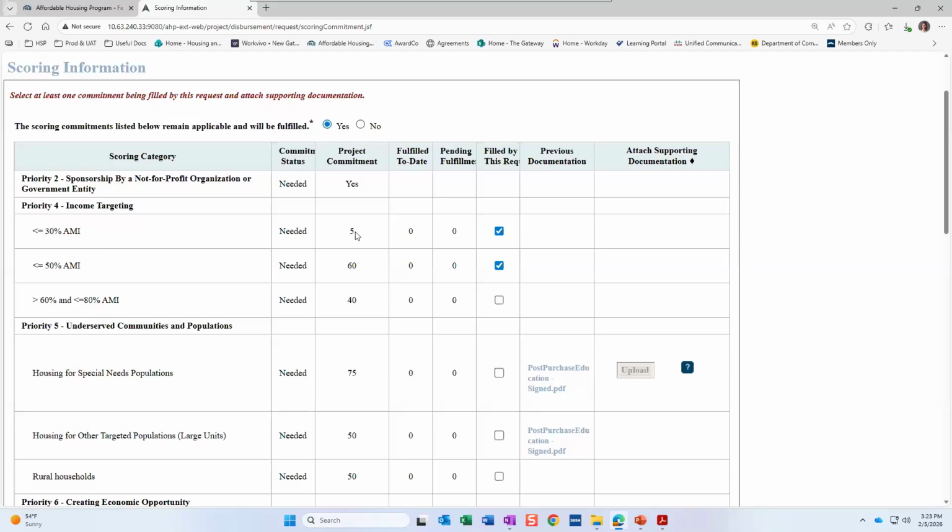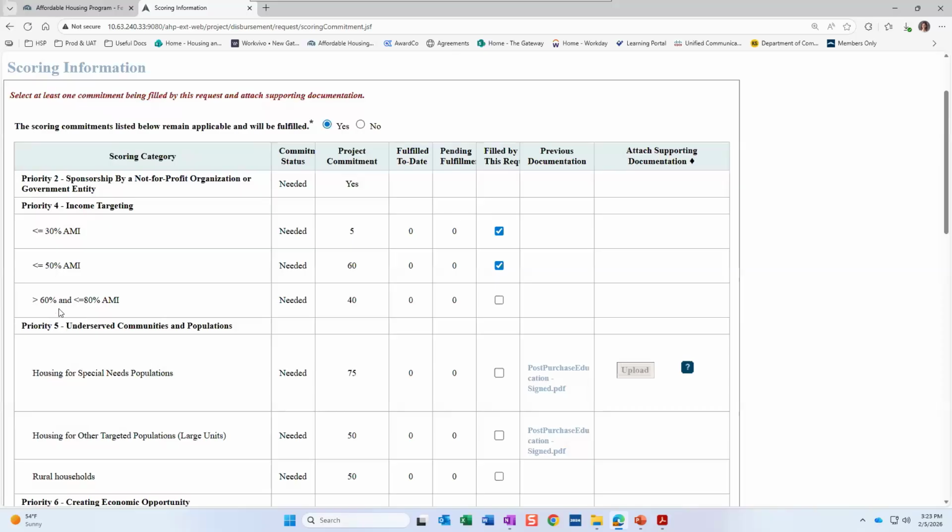I'll note it is a number here. This again is not a requirement. This is just one of those things that you may have estimated in an application, how many you think you will get below 30, but you're being held to the ones that are up above here. So this project has a total of 100 units. The 50 and the 60 to 80 categories are the ones that are binding for this purpose. So just keep that in mind.